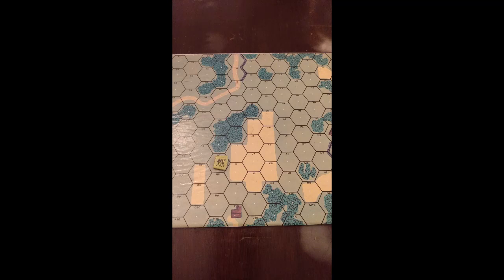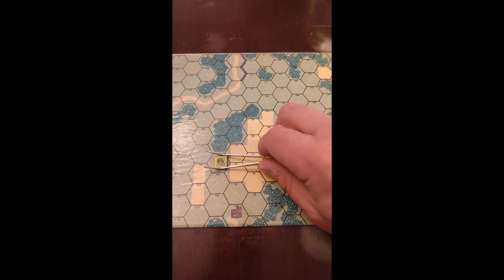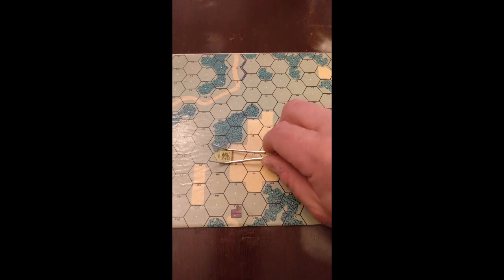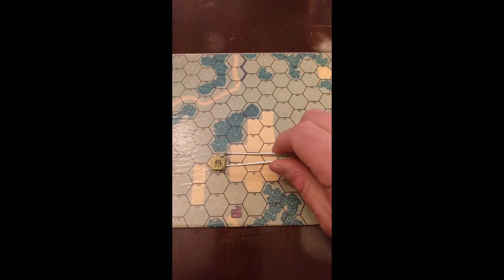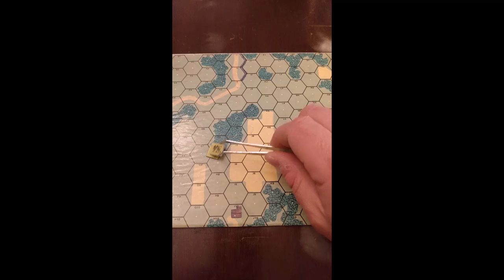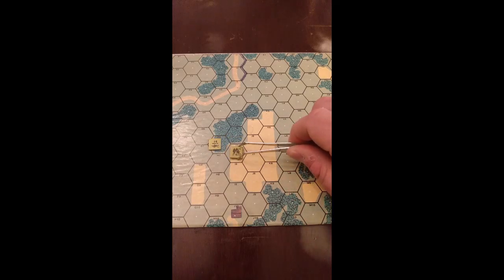So we're going to start marching through this nice farmer's field here, doing 1 hex at a time. I'll just move the squad and have the leader sort of be with us. 1.5 movement factors to get us into I7. Then we go to J6. That's another 1.5 for 3 movement factors. Then if we go to K6, that's another 1.5 for 4.5 movement factors.